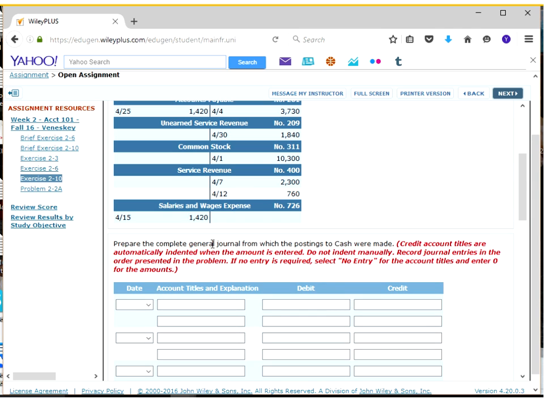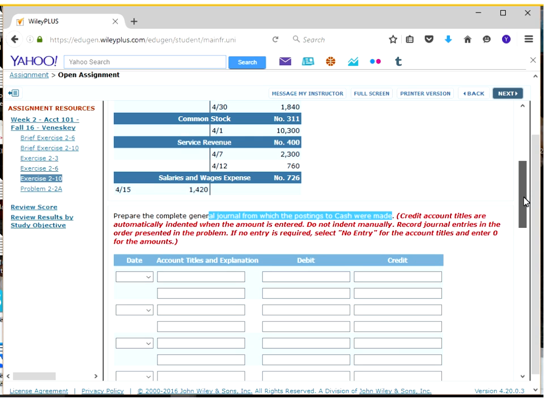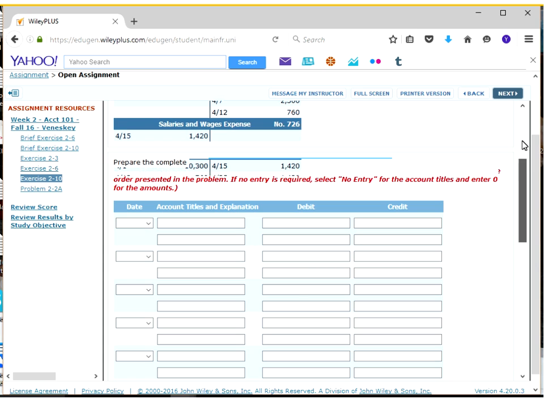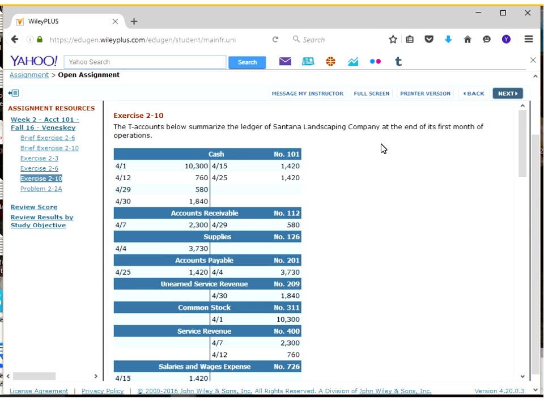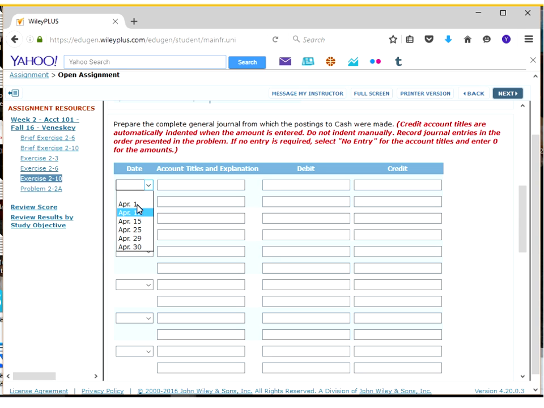But what the directions tell us is to prepare the journal entries, but only the journal entries that involve cash. For whatever reason, they don't want us to do everything. Only provide the journal entries when cash is affected. Okay, so we look back up here at my T account and I see 4/1, $10,300, and we already looked